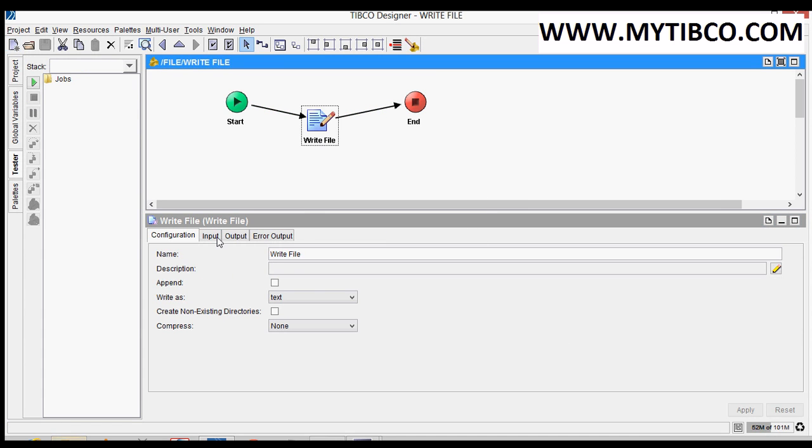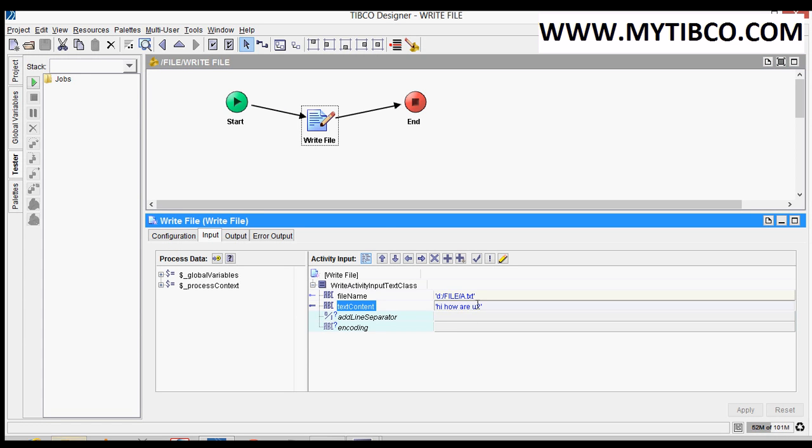Okay, now this time I want to write the data. Hi, how old are you? Okay, click on apply, save it.